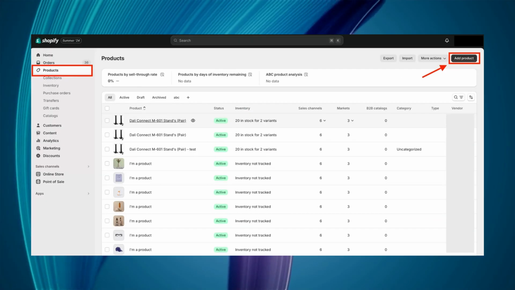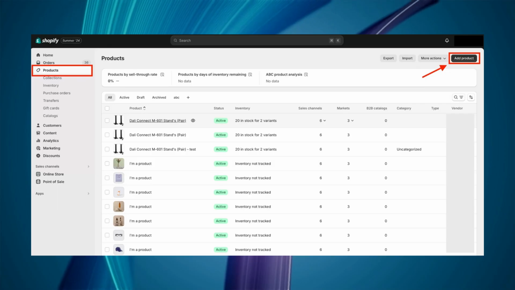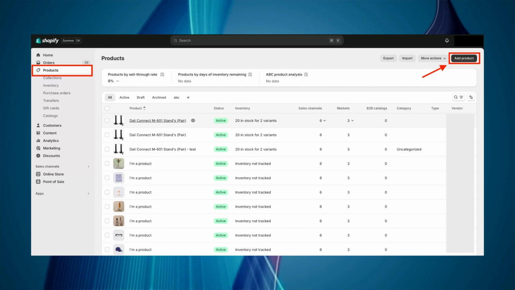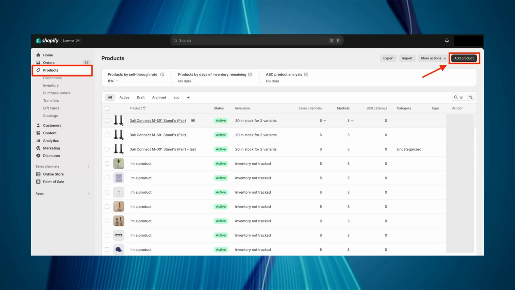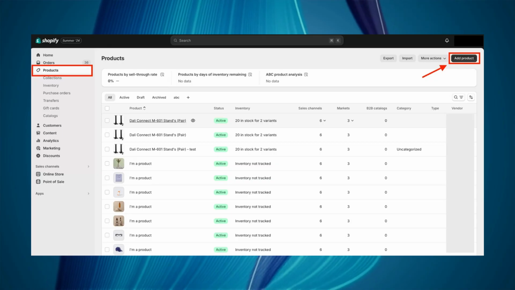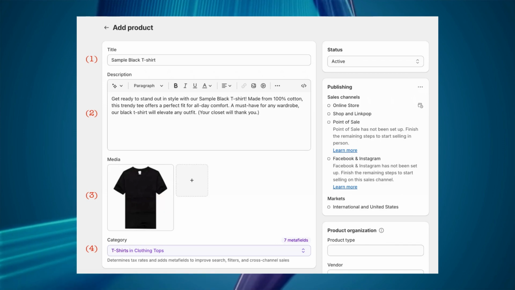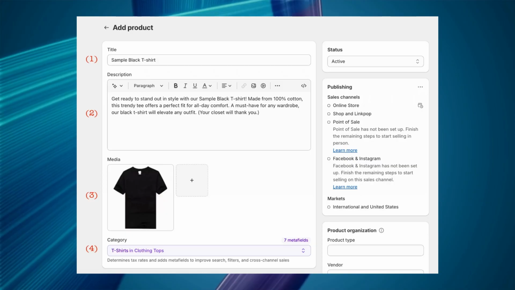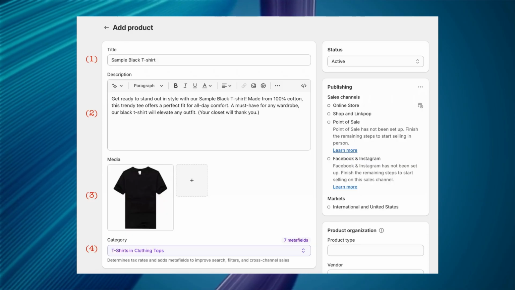Fill in the essential details that will appear on your product page, like the title: keep it short, clear and consistent, and the product description. Use persuasive text that explains benefits, features, and why customers should buy. You can use Shopify Magic AI to generate descriptions with different tones and mix emotional and rational appeal to connect